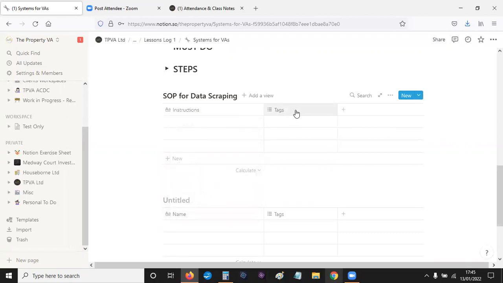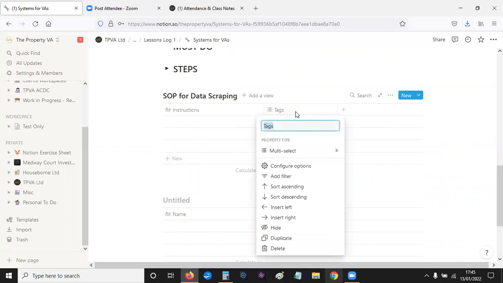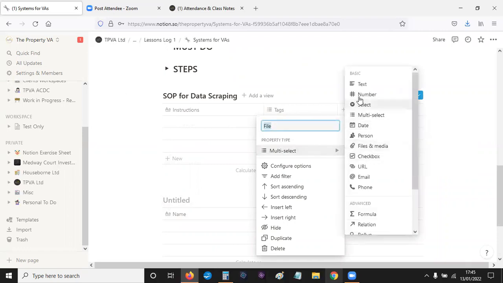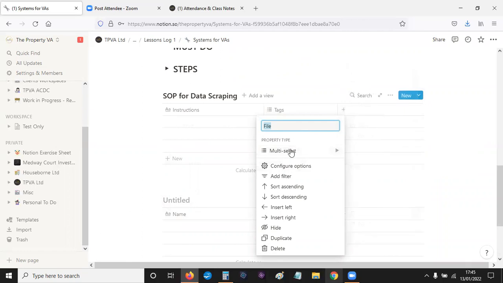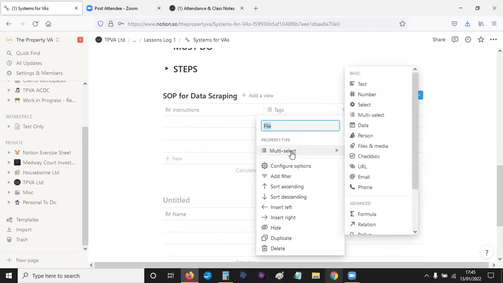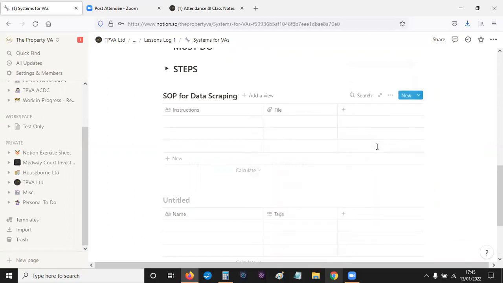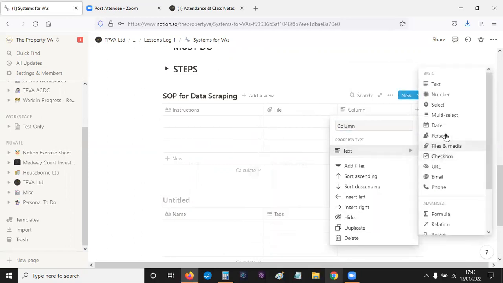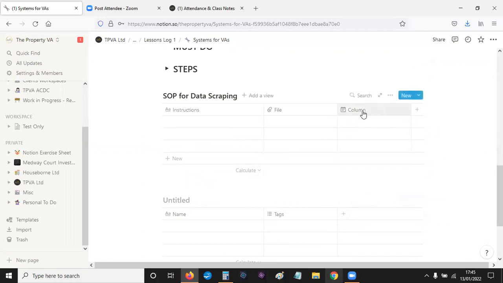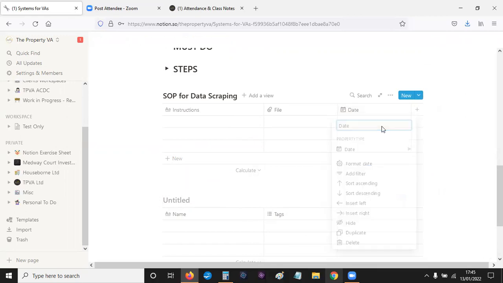And then let's say you want to rename this as, let's say, file. Okay, I rename that as file, and I want to be able to upload files. So just move your mouse down here, and then change this property type into any one of these options. Files, I want to change that into date. You can see that that just says column because I didn't rename it. If I rename that date or schedule,